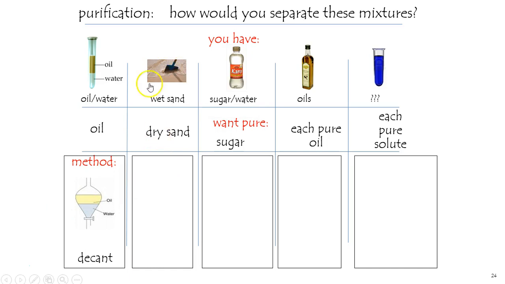Imagine you have some wet sand, but you don't want that. You want some dry sand. Now you might think, oh, I could just simply let it evaporate. That would not work very well because it would precipitate out anything that was dissolved in that liquid mixture, which might have a lot of salts in it,